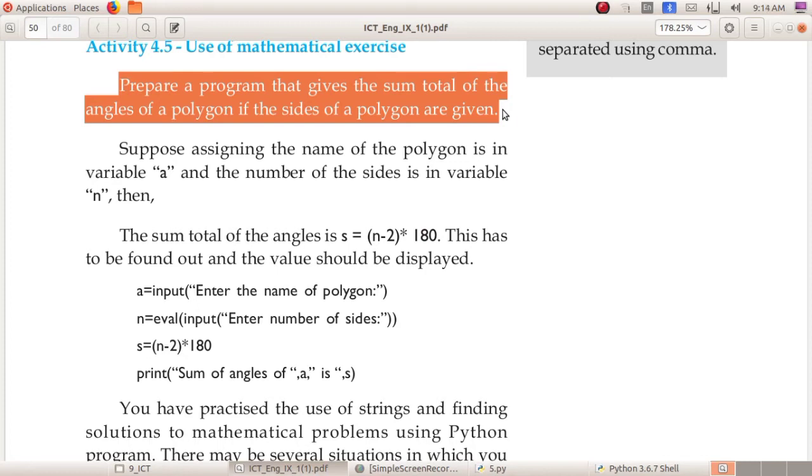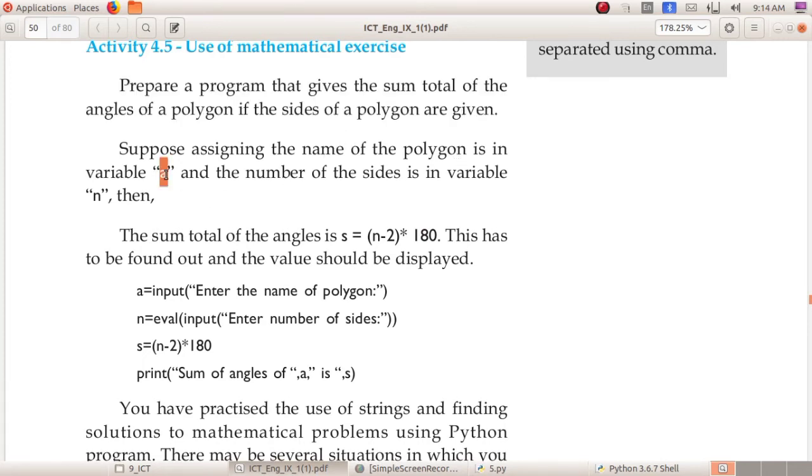So if you want to find the sum total of the angles of any polygon, we want to give the number of sides of that polygon. Here we can store the name of the polygon in the variable A. So what is A? Name of the polygon. Then the number of sides can be stored in the variable N.